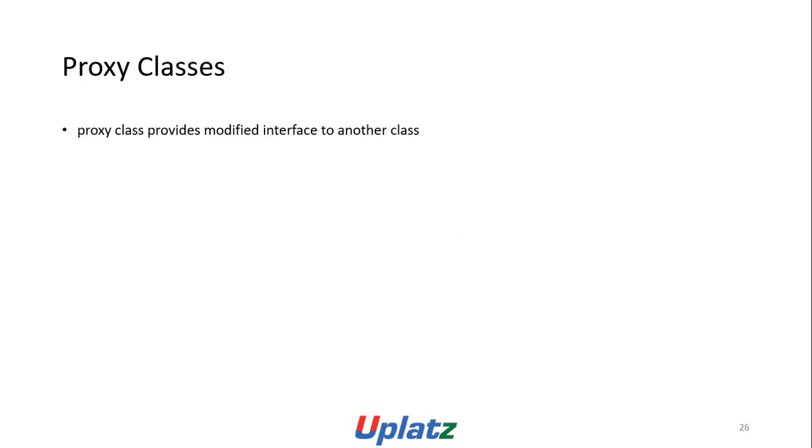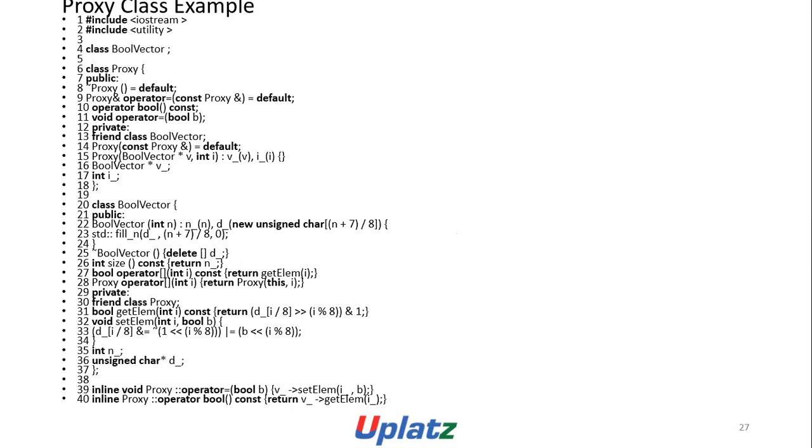Proxy classes. A proxy class provides a modified interface to another class. Proxy class example: include, class BoolVector { class Proxy { public: ~Proxy() = default; Proxy& operator=(const Proxy&) = default; Proxy& operator=(bool); operator bool() const; void operator=(bool b); private: friend class BoolVector; Proxy(BoolVector* v, int i); BoolVector* v_; int i_; }; public: BoolVector(int n) : n_(n), d_(new unsigned char[(n + 7) / 8]) { std::fill_n(d_, (n + 7) / 8, 0); } ~BoolVector() { delete[] d_; } int size() const { return n_; } bool operator[](int i) const;